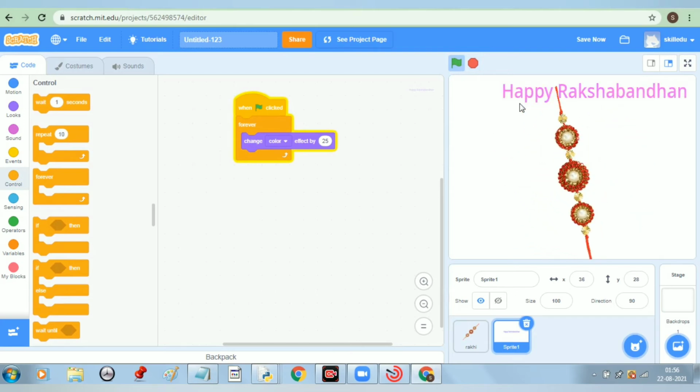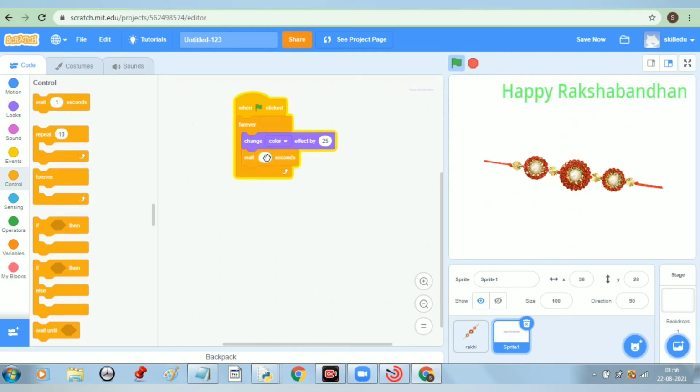If you want to give some delay, you can put some delay, 0.1, or you can increase it, suppose 0.3.